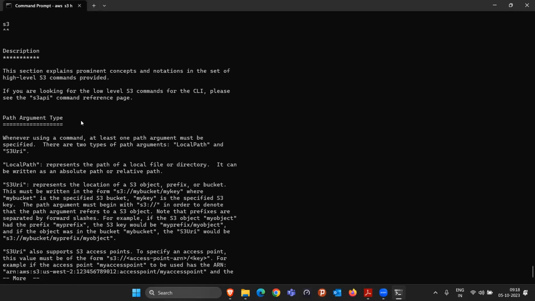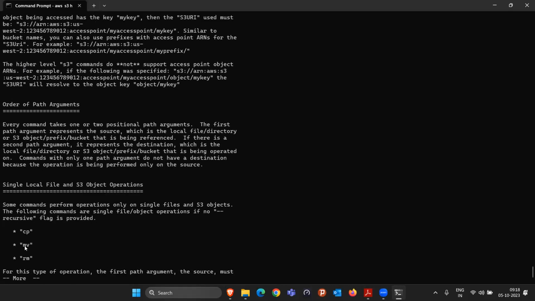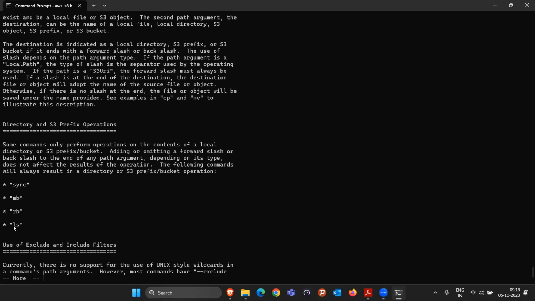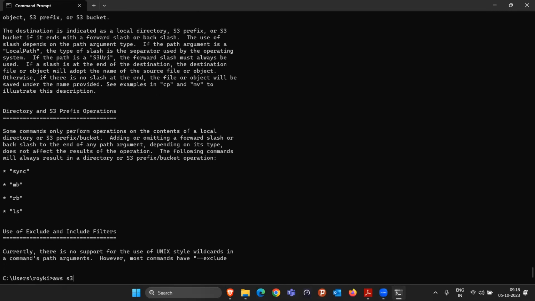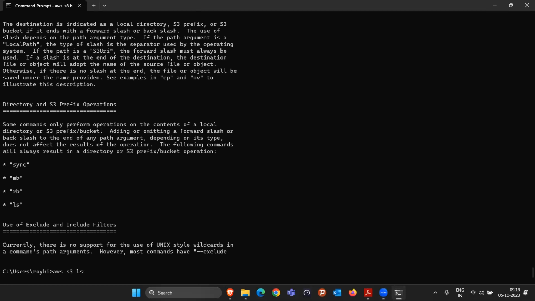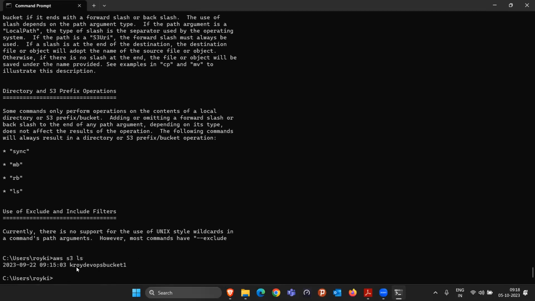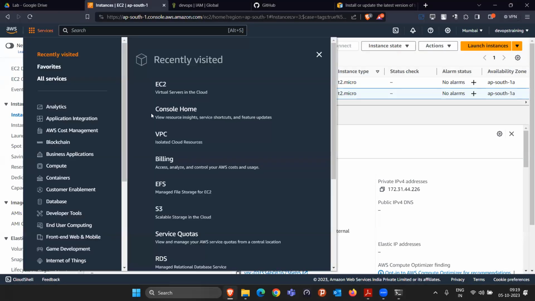Can you give me help about this again? So they are saying in S3, you can do so many things. You can copy the file, you can move the file, you can remove the file, you can list the file, like that, right? So I want to do the list. I want to see how many buckets are present. So I will say AWS, do one thing. Can you go to S3 and list all the buckets? If I do ls, see they are clearly saying one bucket is created with the name Kiroi DevOps bucket one. And if we quickly verify by going to S3,